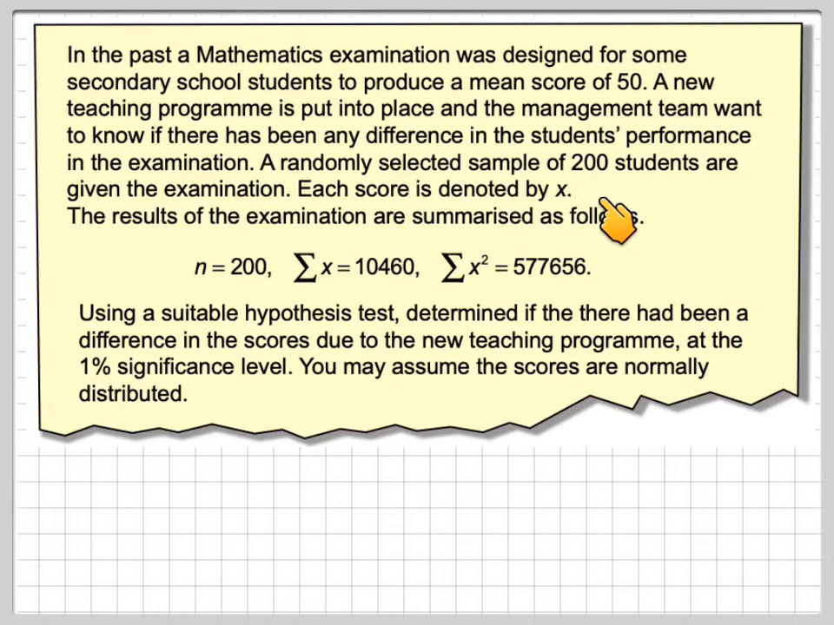Each score is denoted by X. The results of the examination are summarised as follows. The number in the sample was 200. The sum of all the scores was 10,460. The sum of all the scores squared is